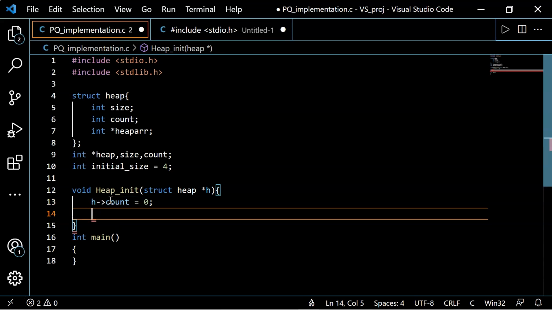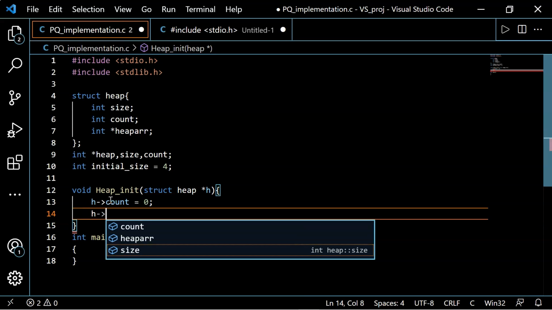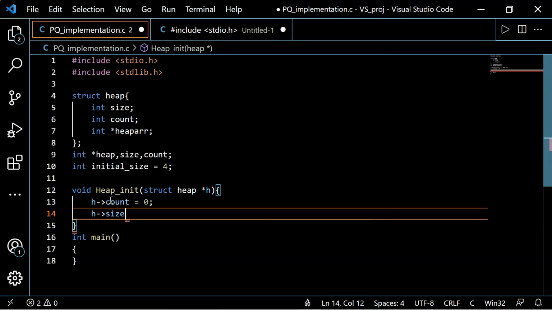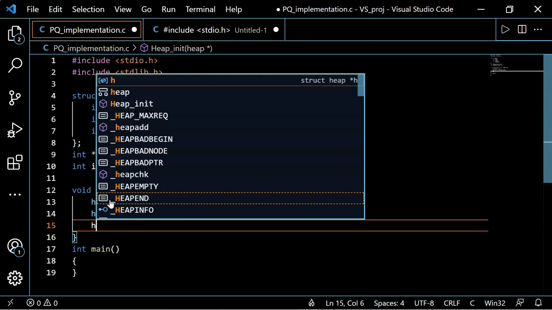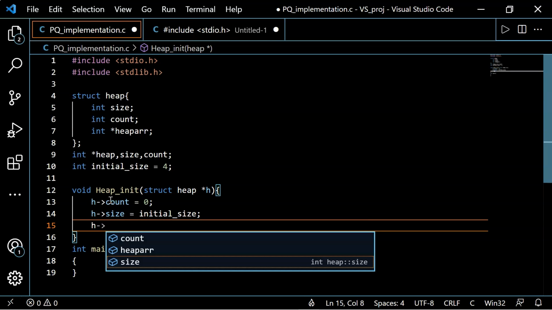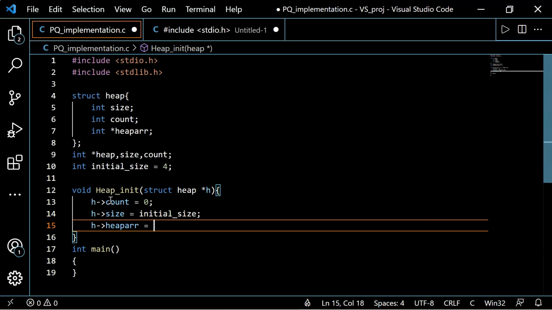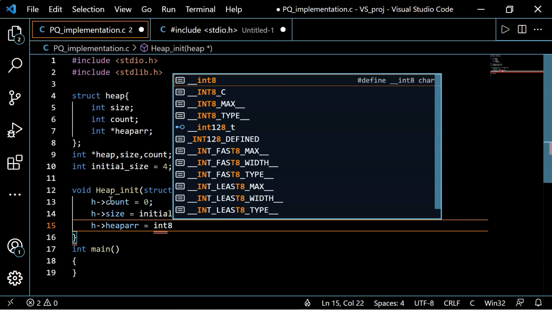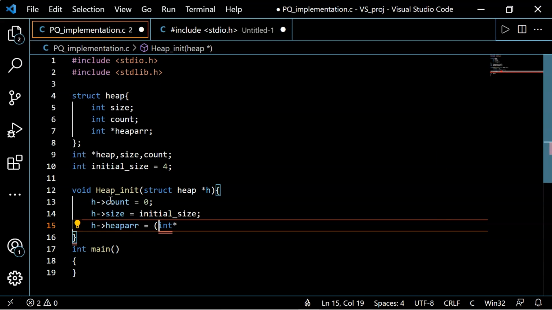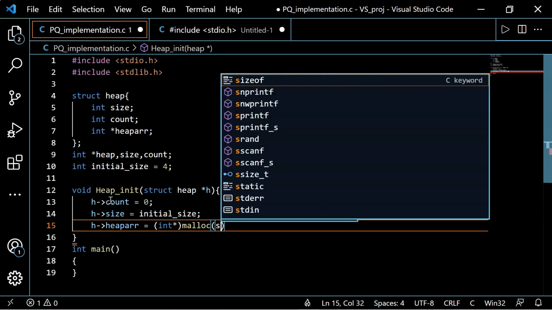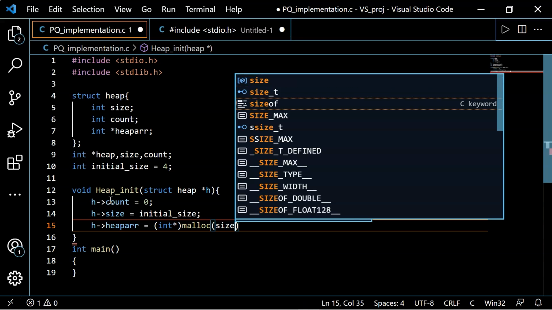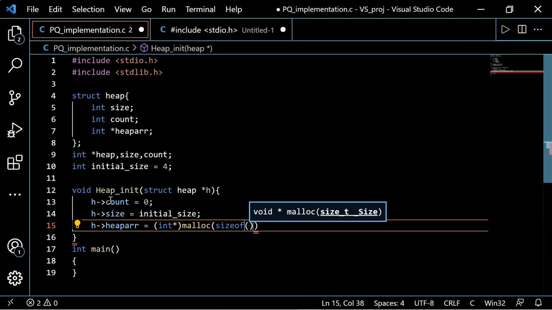Similarly, h arrow operator size is equal to initial_size, and h arrow array is equal to int star malloc sizeof int star 4.